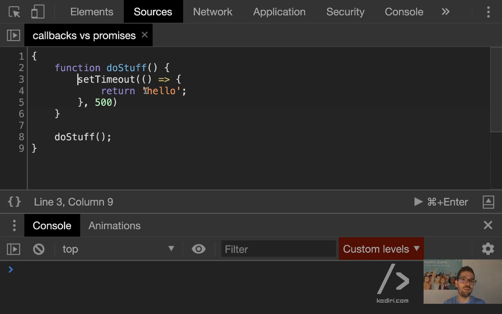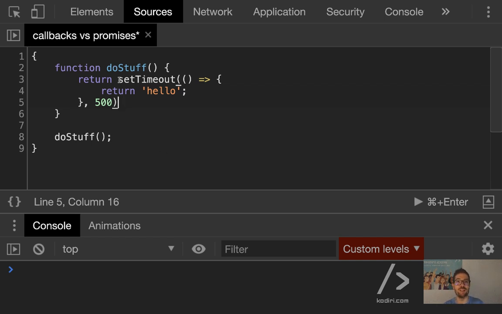You can use, for example, set timeout like an argument for do stuff. Like an argument? And then return it. Can you auto-call your set timeout function and return it as well? Auto-call, what do you mean auto-call? So return set timeout and also auto-call it. What does auto-call mean? So at the end of set timeout, just invoke it one more time. Here? Yes. You want to use parentheses?